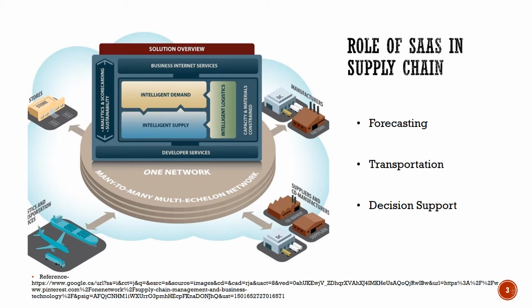can help plan operation more effectively. In transportation, SaaS software can automate the transportation management by managing shipments, flow of goods, etc. While coming to the